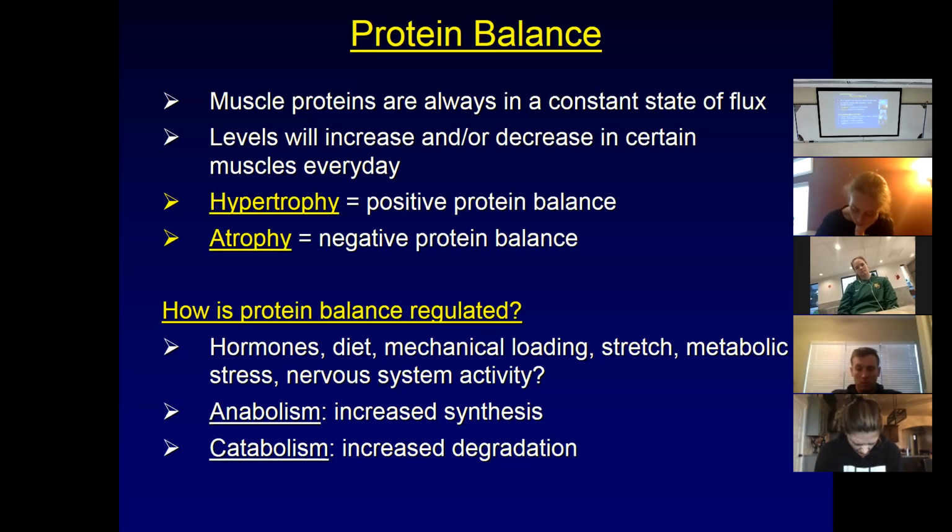Okay? So we regulate protein balance, the balance of anabolism and catabolism, through hormones, diet, what we call mechanical loading or resistance training, stretch, which is going to be a weird one, metabolic stress, and potentially nervous system activity. I put a question mark here, but there is some data that it also plays a role. Okay? So if we want to make our muscles bigger, we hope to mechanically load them, ideally while getting some stretch during that load, and make sure that we have an adequate amount of protein in our diet. Even though it may not matter a huge amount, we at least have enough hormones going around, and our nervous system will be active correctly. We work metabolic stress, metabolic failure. We can push all of these things together to drive anabolism. But then we still have to do it